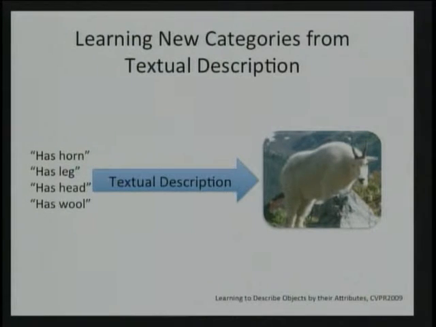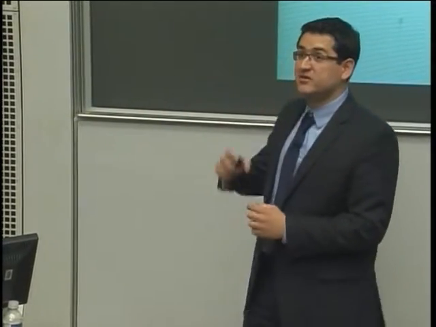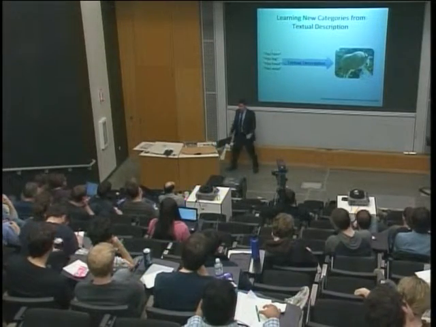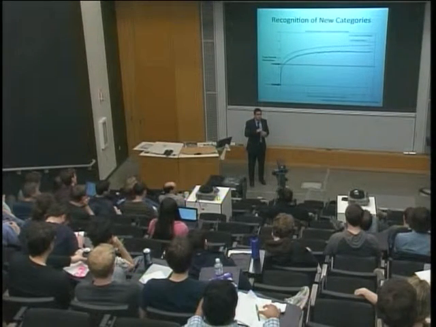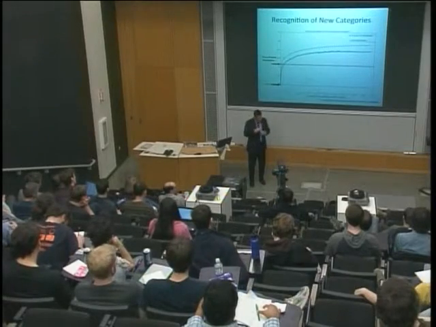So attribute-based representation enables the same property for a recognition system. I can learn new categories from pure textual description of that category. You describe a category in terms of its attributes, then I can learn a category. So in order to do this, you have to label every attribute of every object on the training set. So the question is, do I need to label in my train set all the images with all the attributes? And the answer is yes, but bear with me toward the end of my talk, and I relax that constraint.